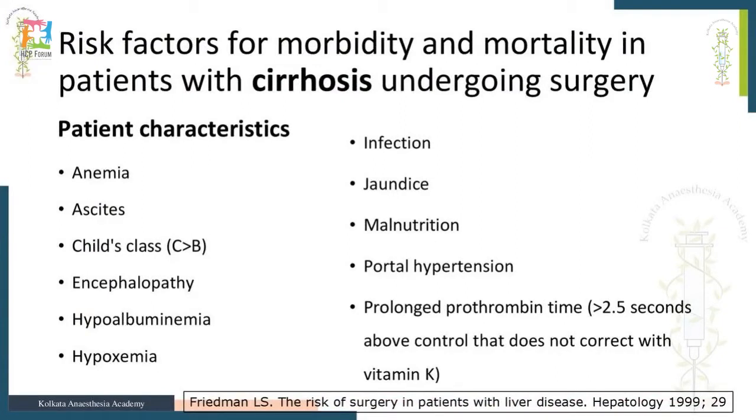What are the markers? People realize that these are individual prognostic markers for poor performance in a non-hepatic surgery in a patient with cirrhosis: anemia, ascites, a Child class of C and more, encephalopathy, hypoalbuminemia, hypoxemia, infection, jaundice, malnutrition, portal hypertension, and a prolonged prothrombin time. And